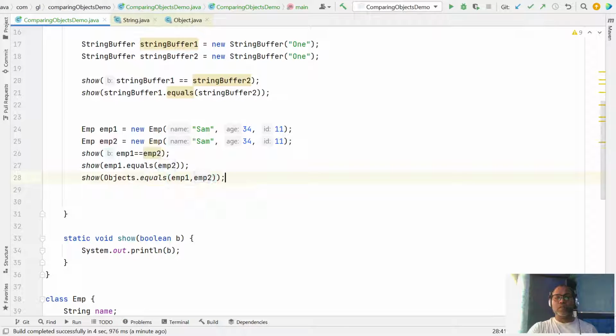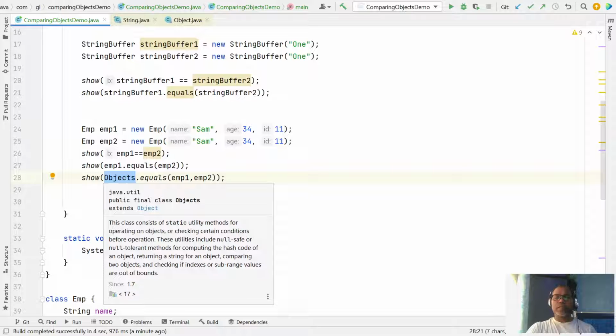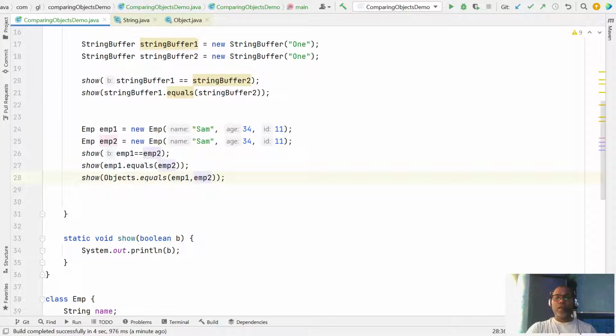This is also a generally preferred way to use equals: as a utility class, you just offer employee 1 and employee 2, and it returns the result, true or false.